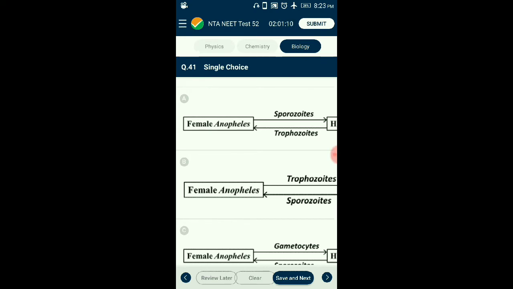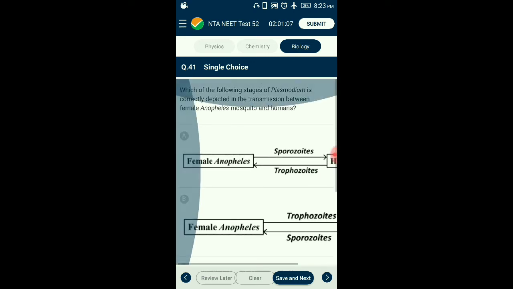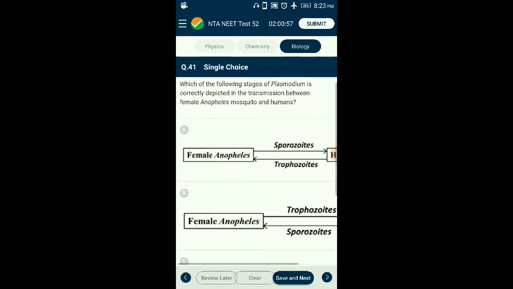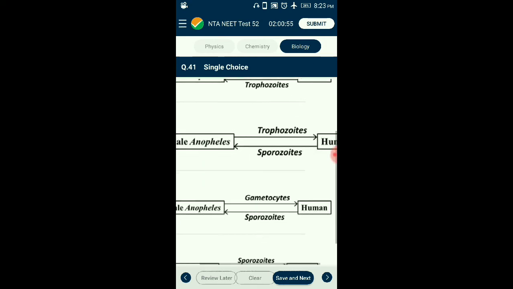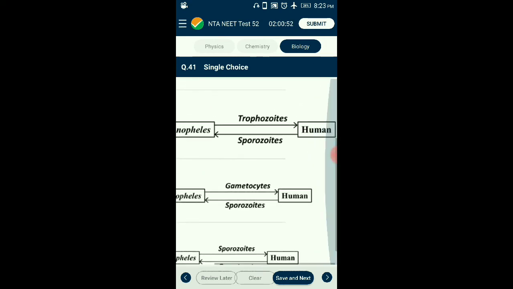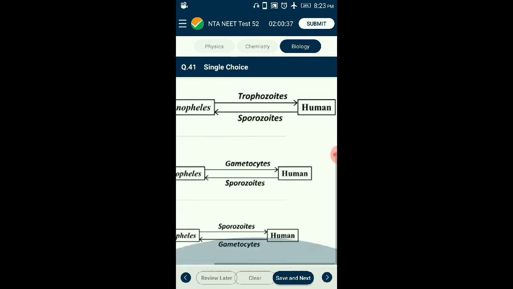These merozoites rupture the liver cells and escape into the bloodstream. Each merozoite infects an erythrocyte where it develops into a ring form followed by a trophozoite, which shows intracellular feeding, followed by a schizont, which in turn produces many merozoites. These newly formed merozoites come out of the erythrocytes by rupturing them. The rupture of erythrocytes causes release of the toxic substance hemozoin, which is responsible for chill and high fever.